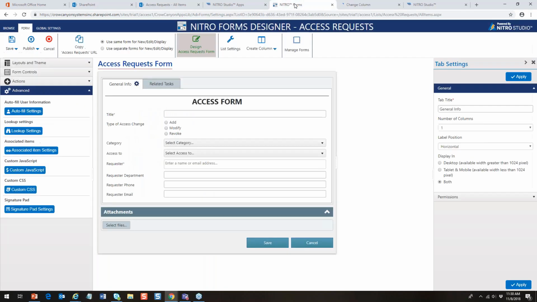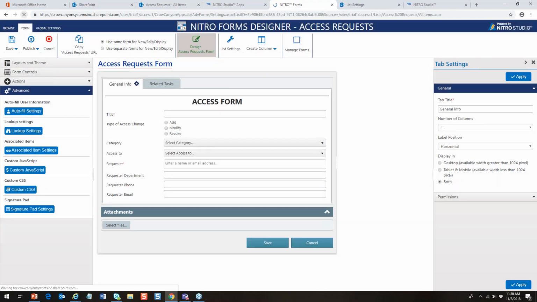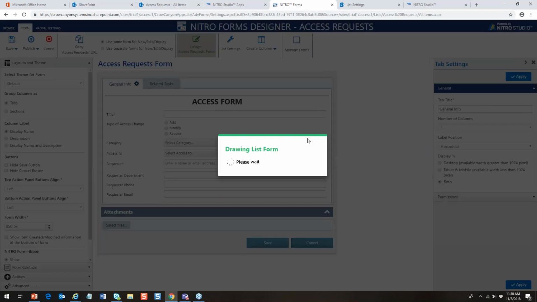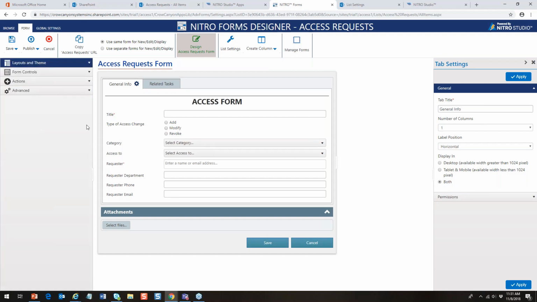Back to the forms. Let's see what comes up. I gotta do the reload. So I'm doing an access request form here, but you could do any kind of request, and we use this for many, many different kinds of purposes. It could be a very simple request tracking that just needs one approval. You can have multiple levels of approval, serial approval, parallel approval, all kinds of ways you can do this system